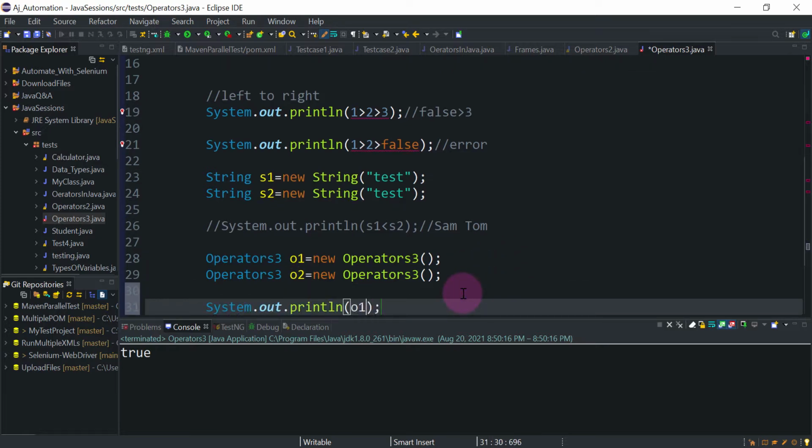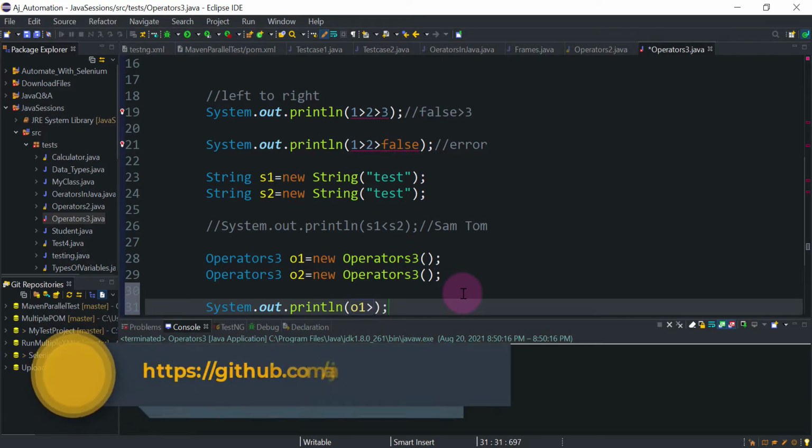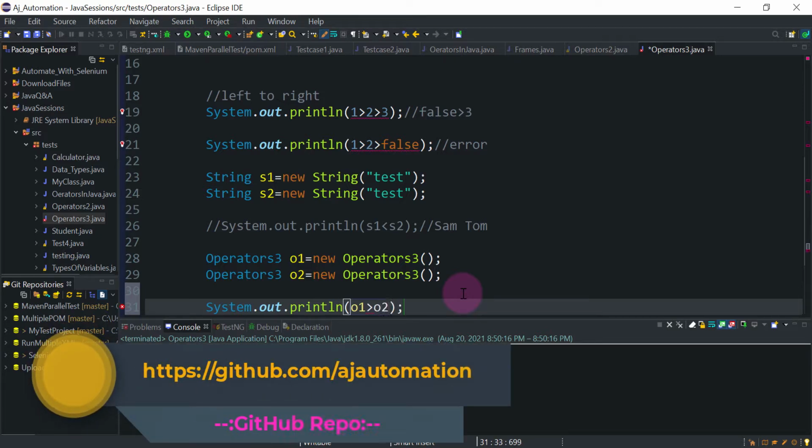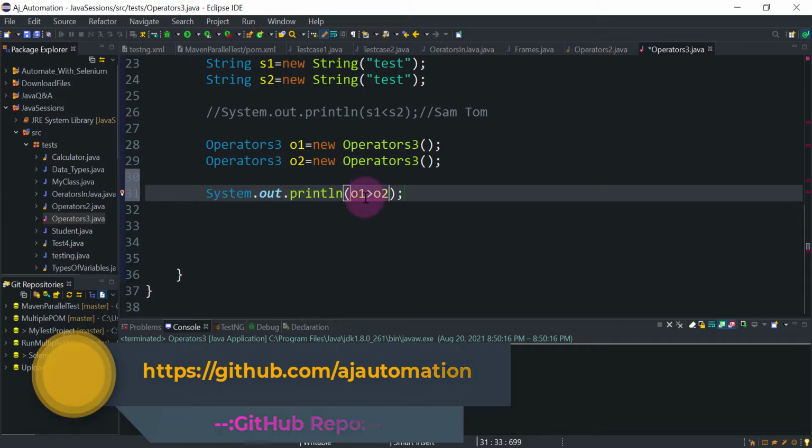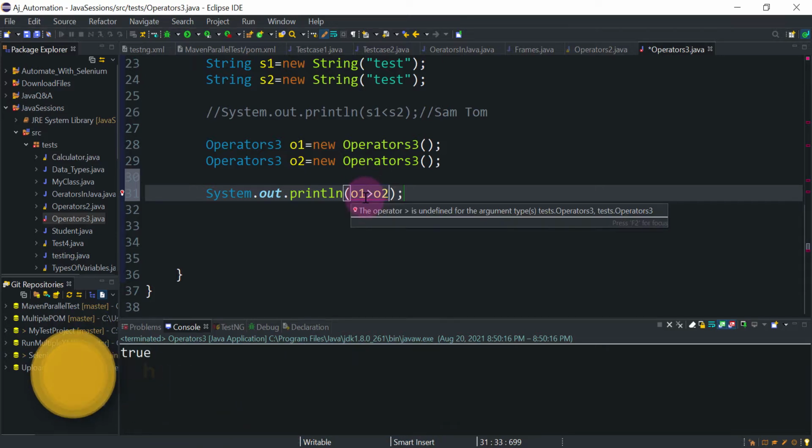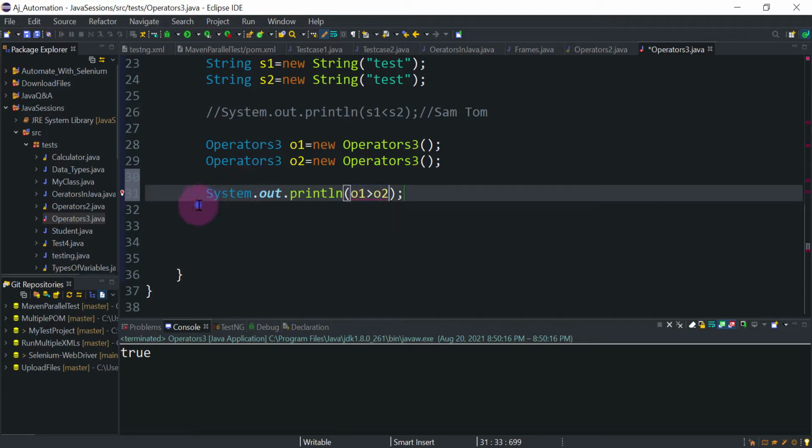If we try to compare object 1 greater than object 2, it still gives the error that the operator greater than is undefined for the argument types Operator3, Operator3. So you cannot compare two objects of the class. You can compare their values, their attributes, but you cannot directly compare two objects using relational operators.